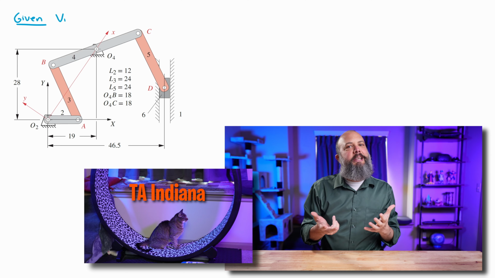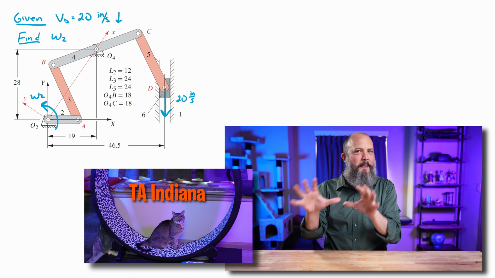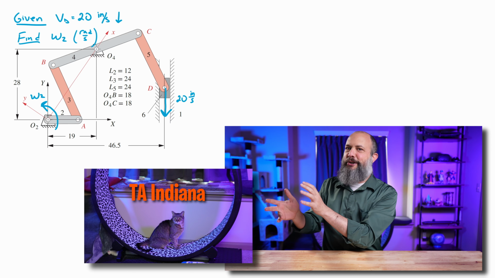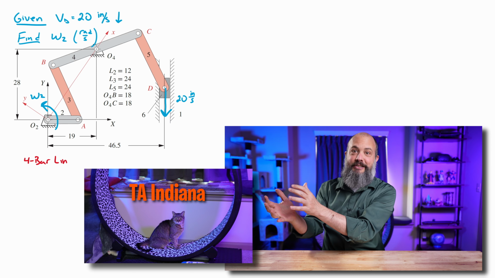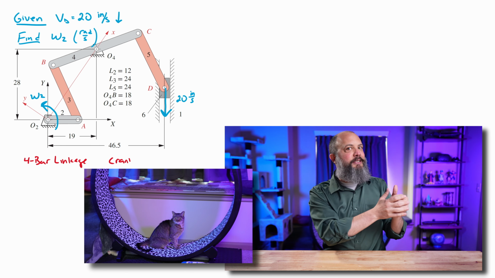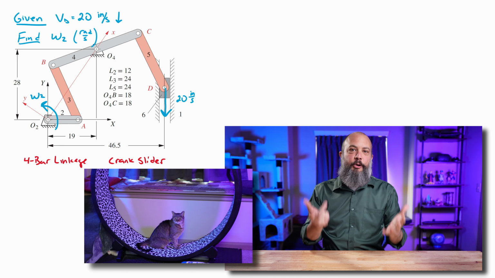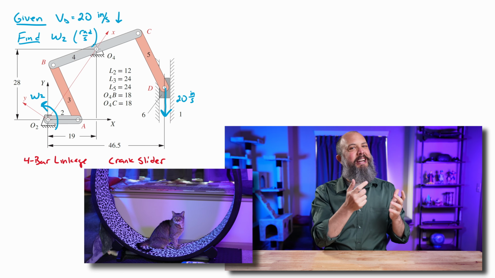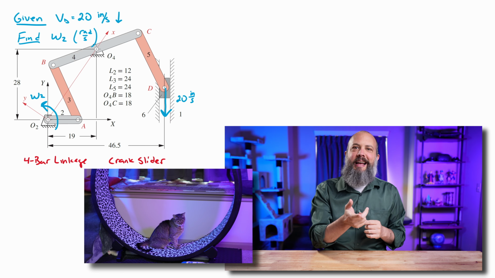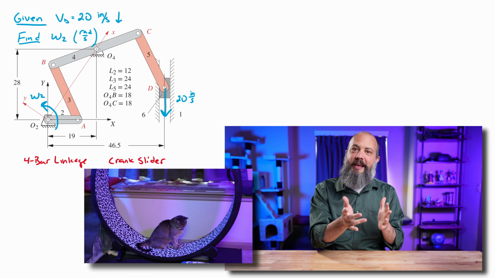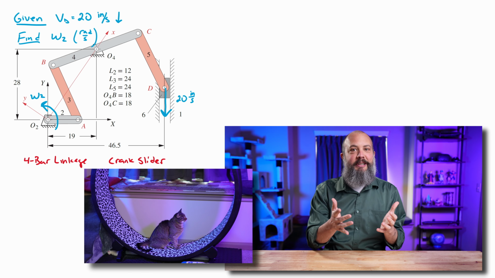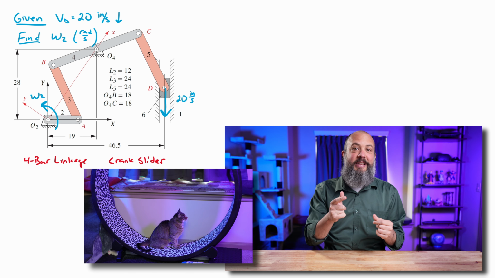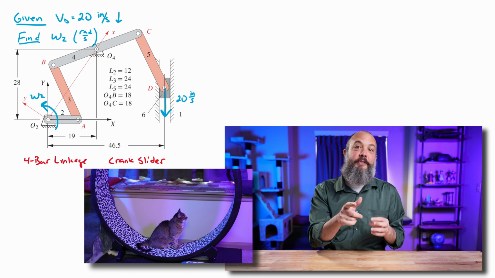So this 6-bar linkage is really split up into two main sections. On the left side, there's a regular 4-bar linkage. And over on the right-hand side, there's a crank slider. We're given for this problem that the slider over on the side is moving at 20 inches per second. And so we're trying to find omega 2, which is going to be the angular velocity of the input